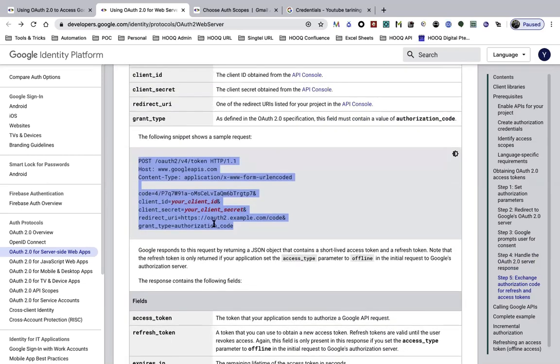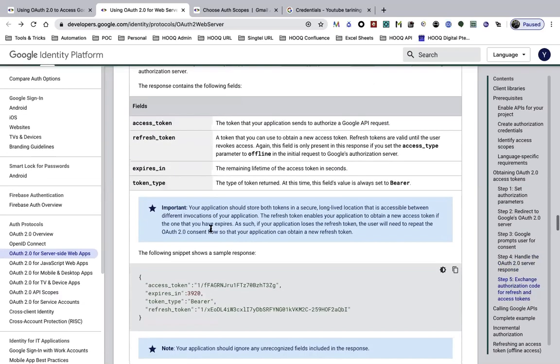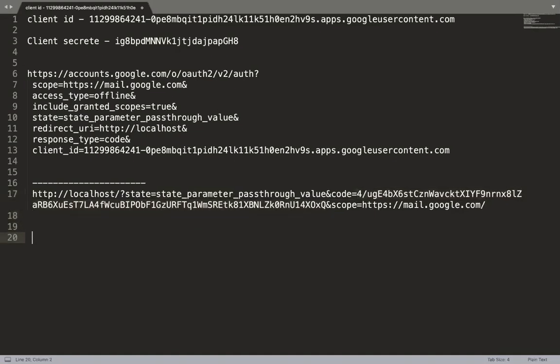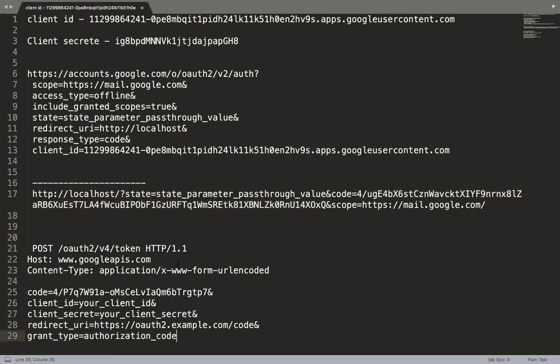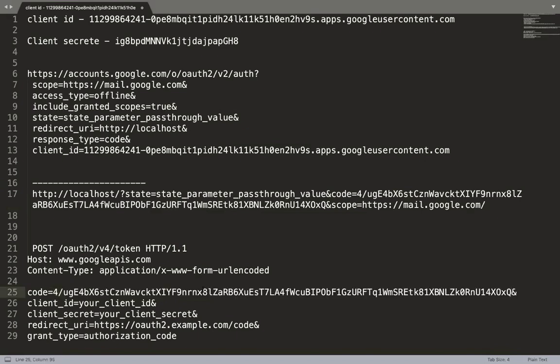And just keep it in here, or just form one POST request. Fine. So the code here, you need to just change the code. The code would be this one. You can see in here, this is my code till here. The code I got from there. Fine. The client ID, we already got it here, the first one. Just change your client ID,